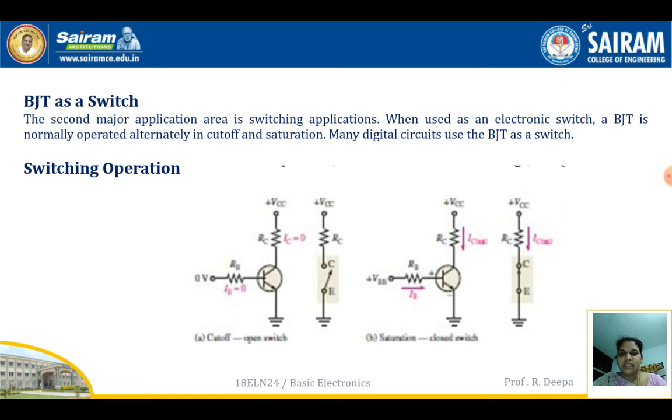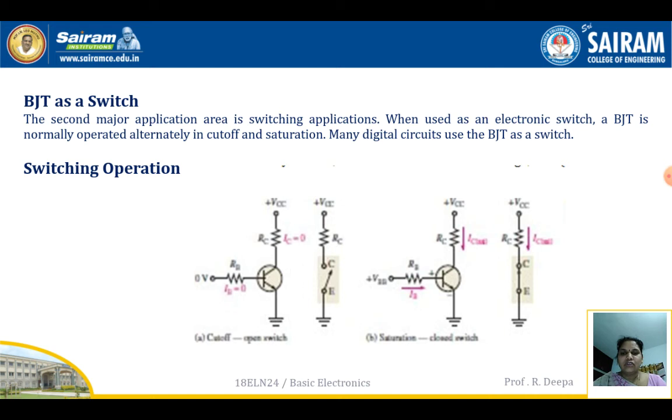So we have a transistor which is connected in common emitter mode. The emitter terminal is grounded and input is given to the base of the transistor via the base resistor RB. So initially the transistor is made to operate in cutoff region so that it acts as an open switch. For this case the input voltage will be 0 volt. If input voltage is 0, there will not be any base current. Hence, we have written IB is equal to 0.